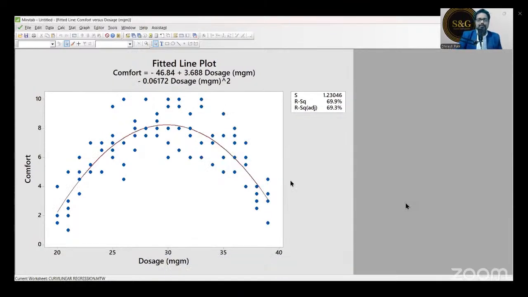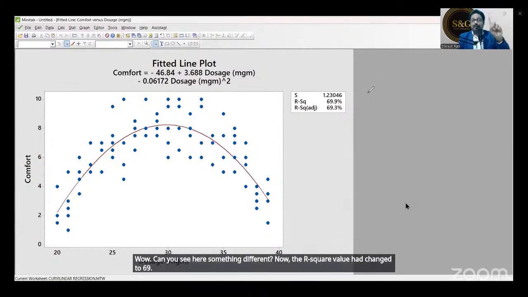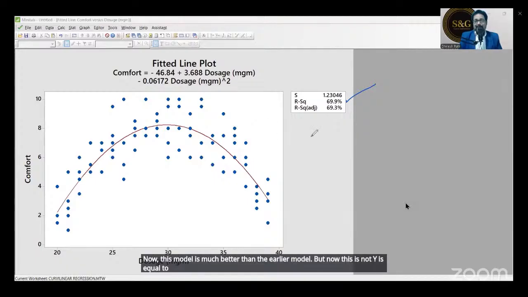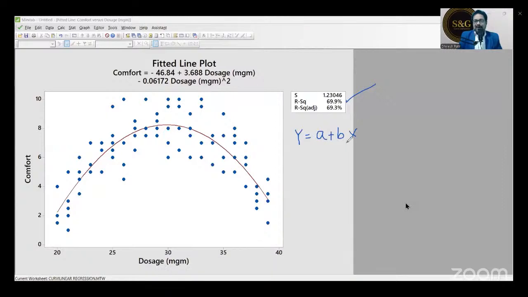Wow. Can you see something different here? Now the R square value has changed to 69.9. Earlier it was 1.5. Now this model is much better than the earlier model. But now this is not Y is equal to A plus BX. This equation is Y is equal to A plus B1X plus B2X square, where B1 and B2 are the different slopes in this equation.